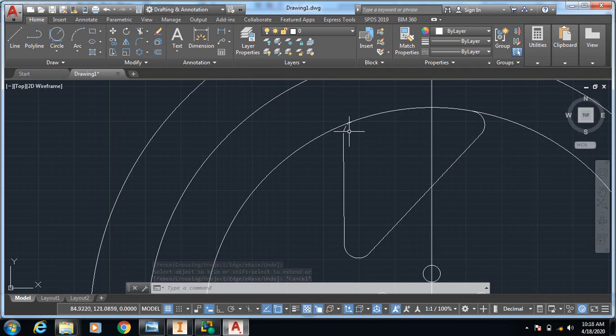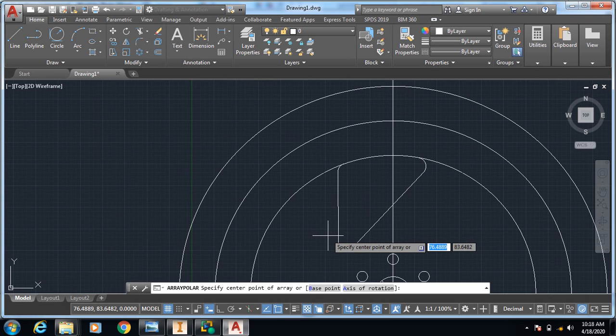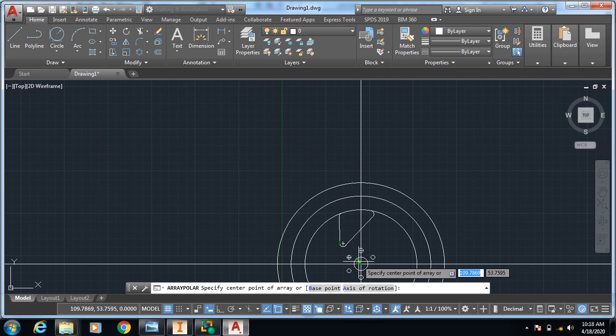Now just select this line, curve, this and this, and again take the array. Now it is asking for the center.